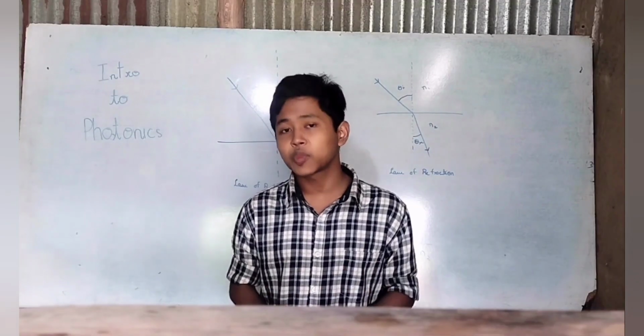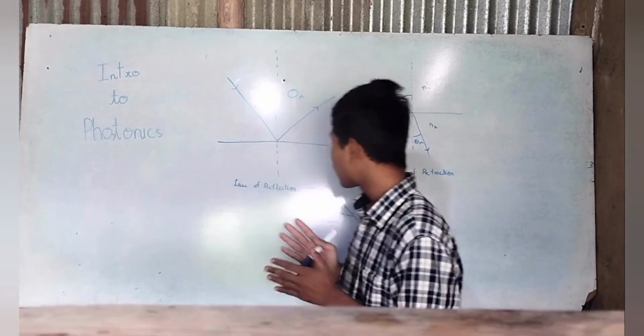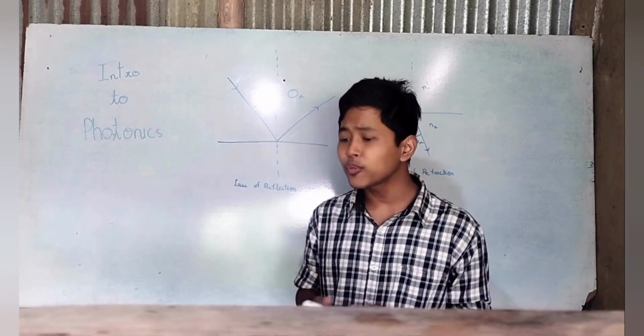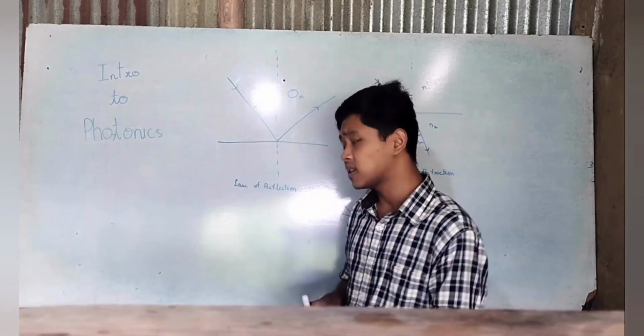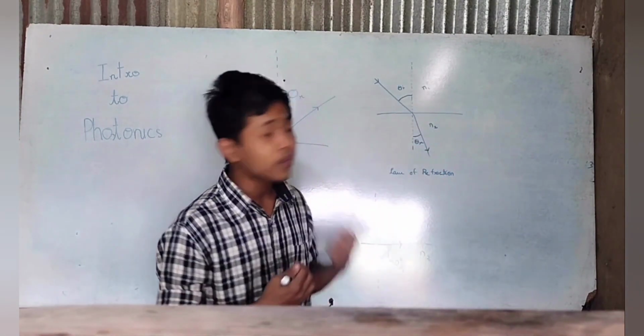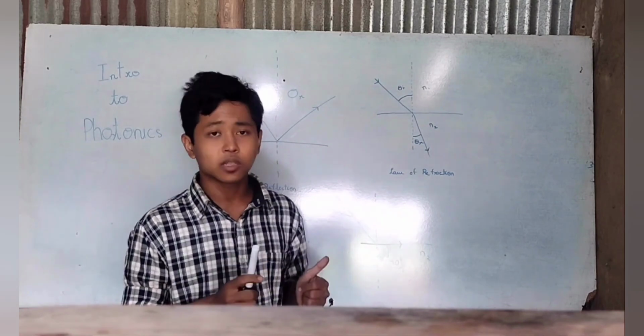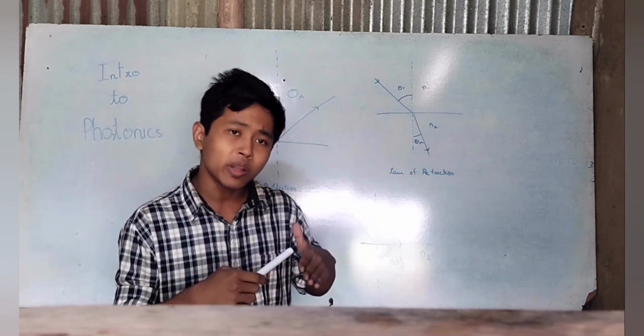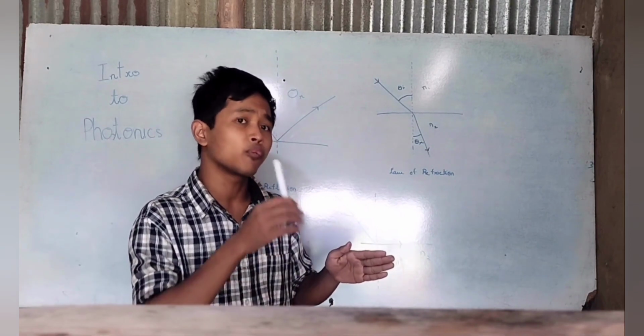So in ray optics we have two laws. First is the law of reflection and second is the law of refraction. And as we already know, the law of reflection says that the angle of incidence is equal to the angle of reflection. But the law of refraction says that when light travels from one medium to another medium, the light bends towards the normal or away from the normal depending upon which medium it is